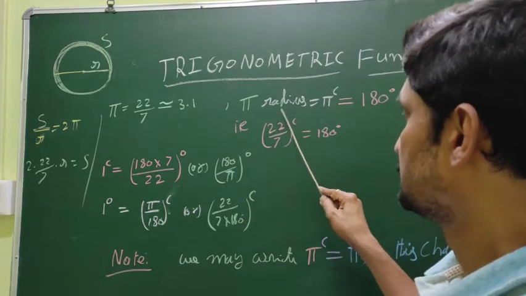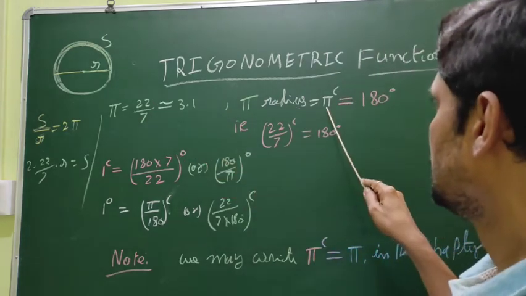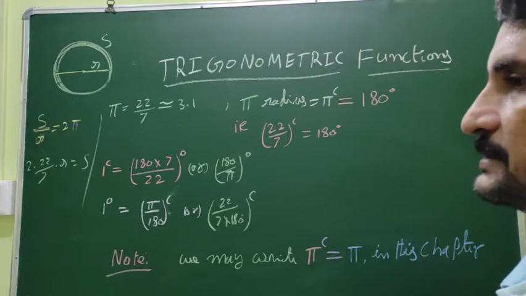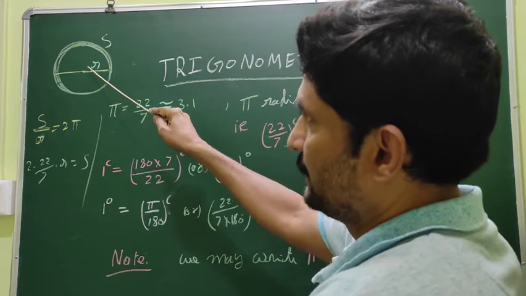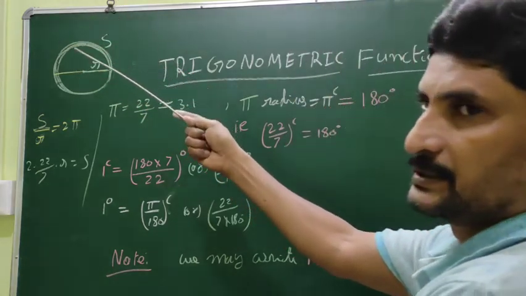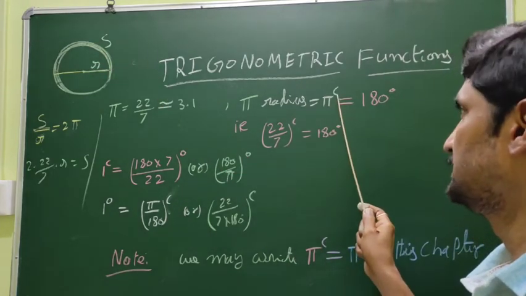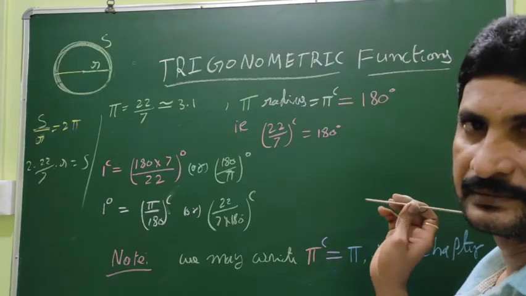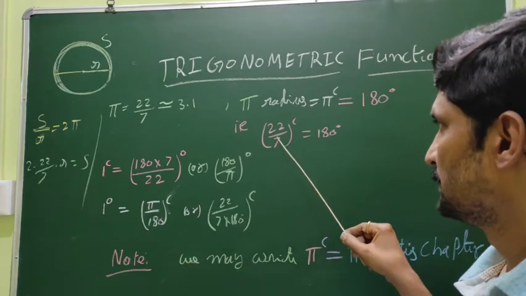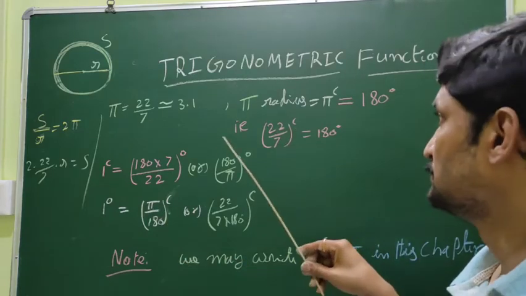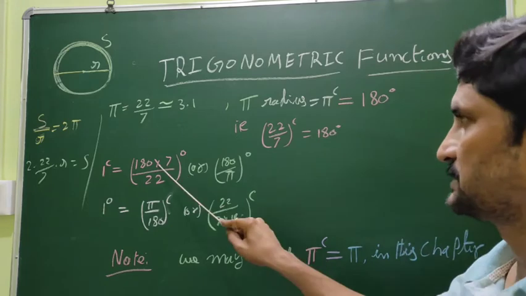Now pi radians, that is 22 by 7 radians. Pi radians is equal to 180 degrees. Because this is 1 pi, and this angle is 180 degrees. Already you know that in a straight line the angle is 180 degrees. So pi radians is equal to 180 degrees. 22 by 7 radians is equal to 180 degrees. Now 1 radian is equal to, dividing by pi on both sides,